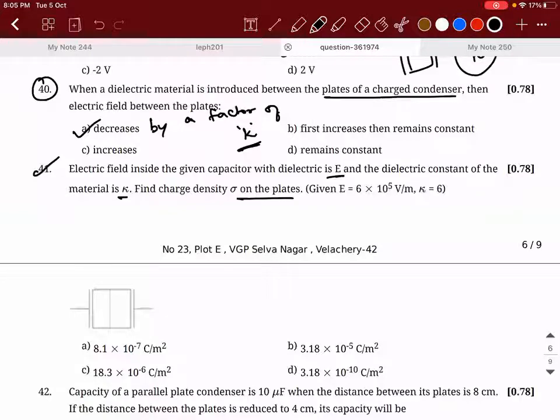So how to do this? Electric field inside the given capacitor with the dielectric is E. So how much is it? 6 into 10 power 5 is equal to, can I write it as,